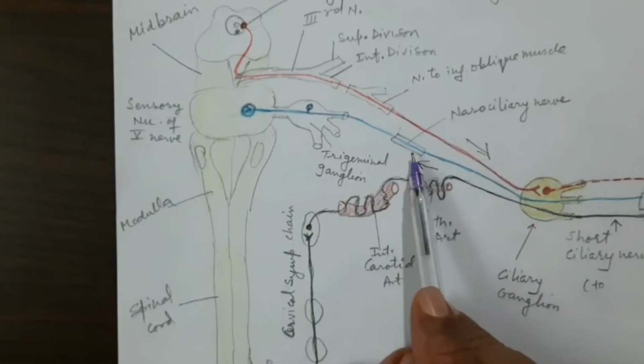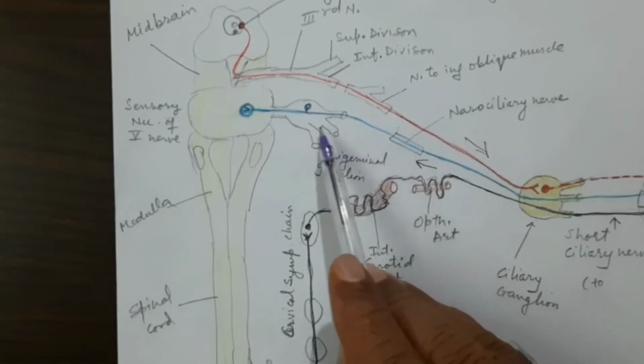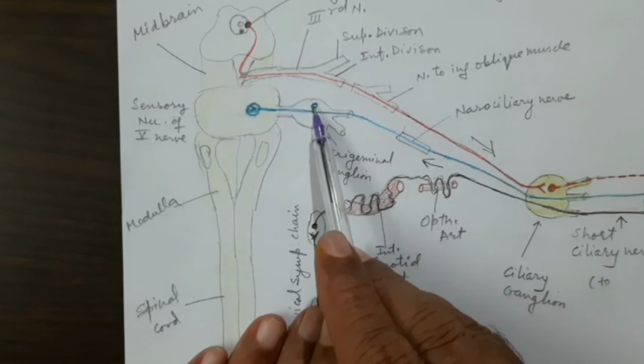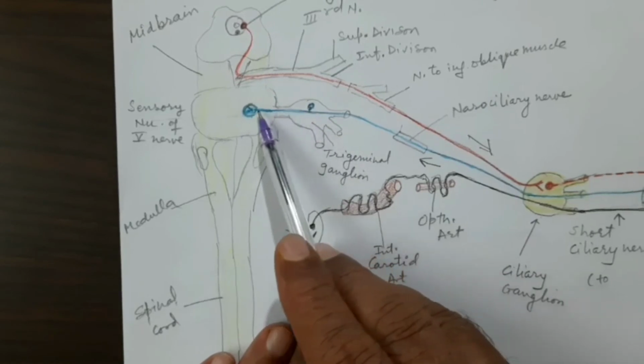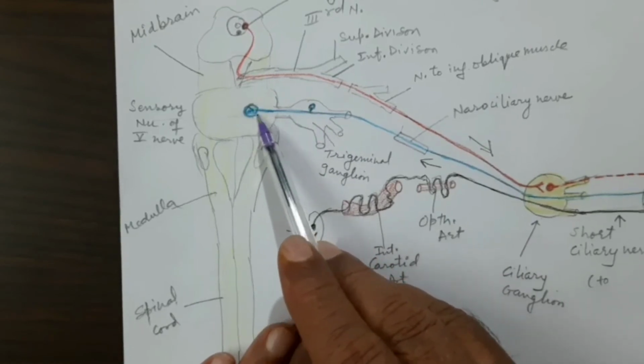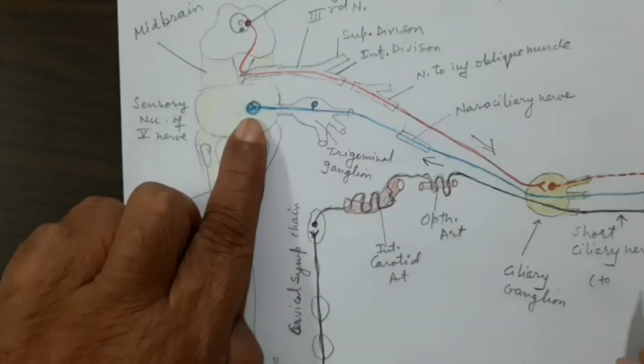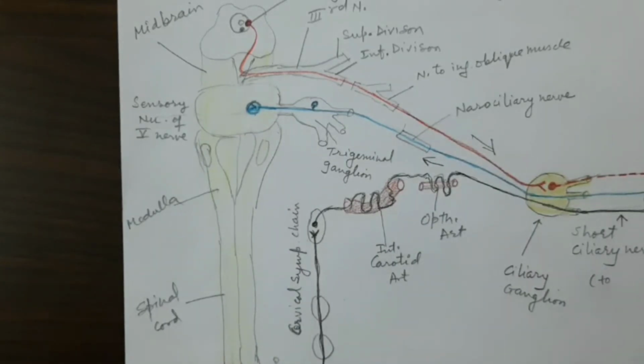So this impulse will go first through the nasociliary nerve, then through the ophthalmic nerve, whose cell body is located here in the trigeminal ganglion, and then its central process will relay into the sensory nucleus of the pons, and then it will ascend up,